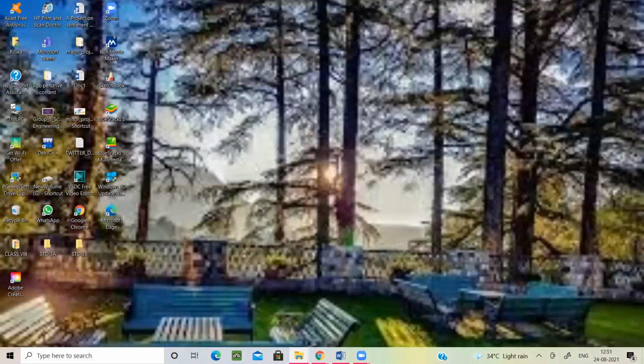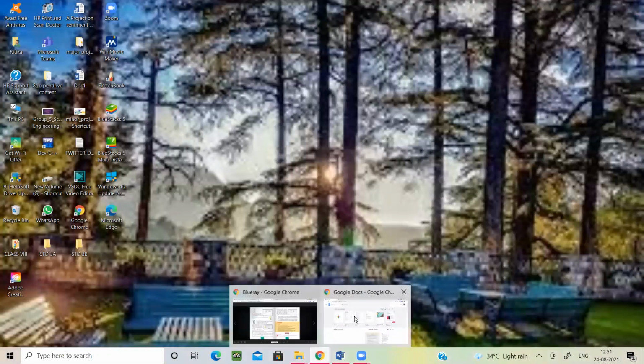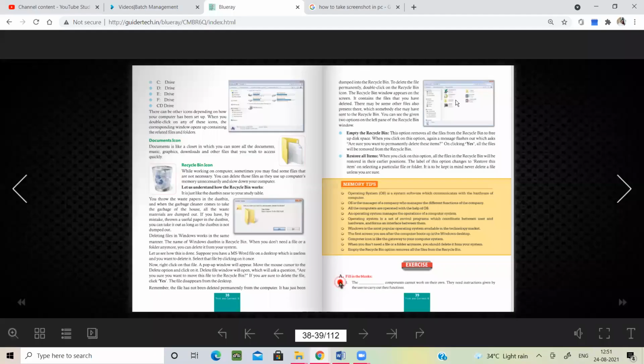Yes, ma'am. I will see that. Are you able to see that? Ma'am, I can't take the screenshot. You are trying Windows plus PRT screen, you have to press with two fingers, both exactly at one time. Both the keys should be pressed at the single time, not before or after, otherwise nothing will work.